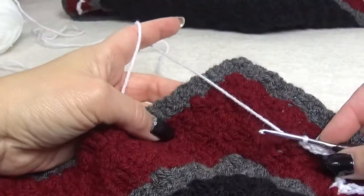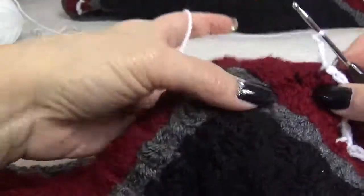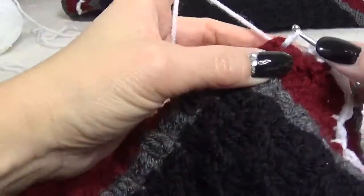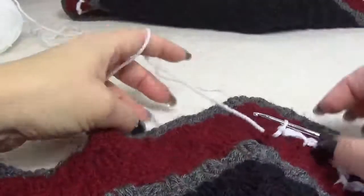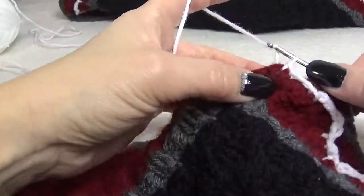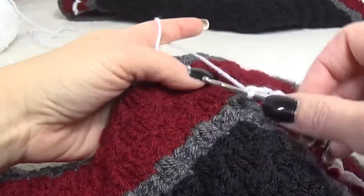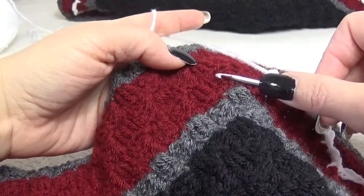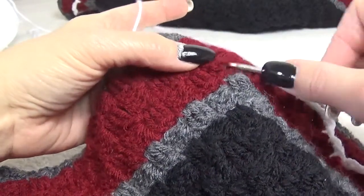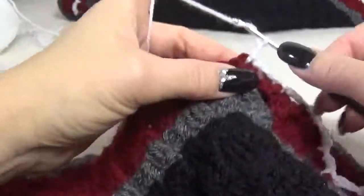Now in the corner, and this is the last one. 1, 2, and 3. 1 left and 1 down, and now we go this way. 1, 2, 3, go here, and on the first in red, and the middle double and slip stitch, and 1, 2 and 3,